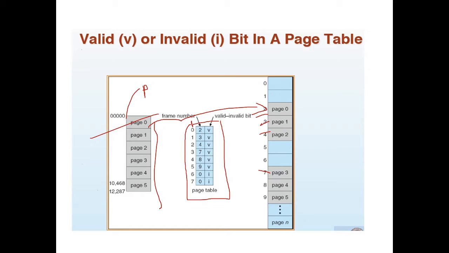There are 2 entries. The index number is the page number, and these are the frame numbers. So page 0 is stored in frame 2, page 1 is stored in frame 3, and there is one more entry, the valid and invalid bit. V indicates a valid bit, that means legal pages, and I indicates an invalid bit, that means it is an illegal request, or it is not available in the main memory. To identify such errors, the valid and invalid bits are needed, and they should not shuffle with any other process. That's why memory protection is needed in paging, with the help of the valid and invalid bit.